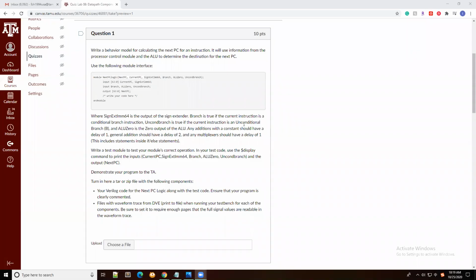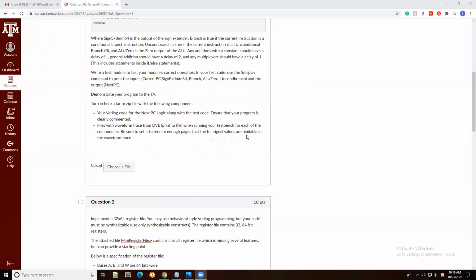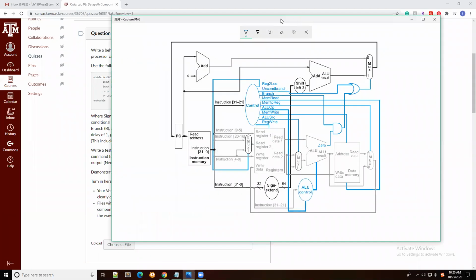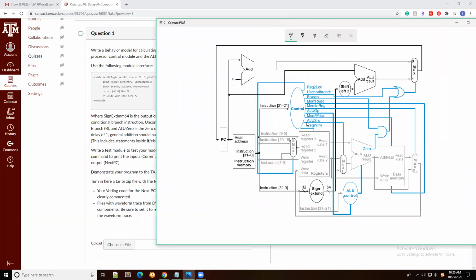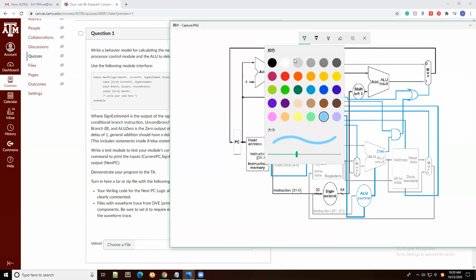Howdy guys. In the following 2 weeks, we will design Lab 8, including the next PC logic and the register file. For the next PC logic, you need to design it based on this diagram. You can find this in Pre-lab 9, and also in the textbook. Okay, so for the next PC logic,